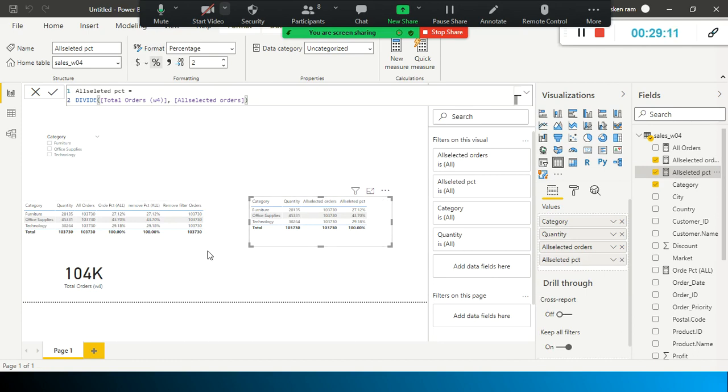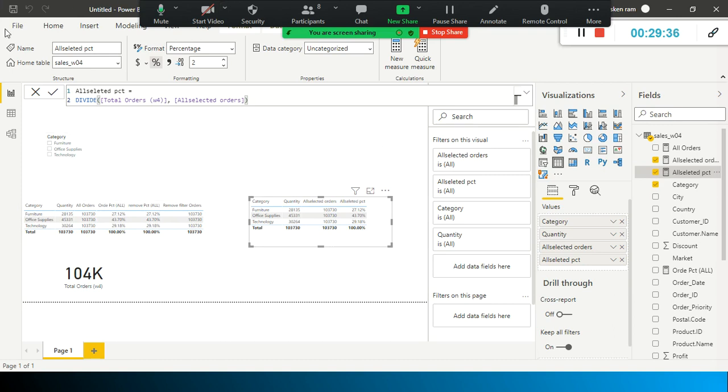Now both of them look similar, right? So 28135 and all orders, this total value is repeated here. Even when I used the ALLSELECTED function, the total value repeated here. Even when I found the percentage of each category's quantity sold over the total number of quantities, I'm getting something similar to this one.